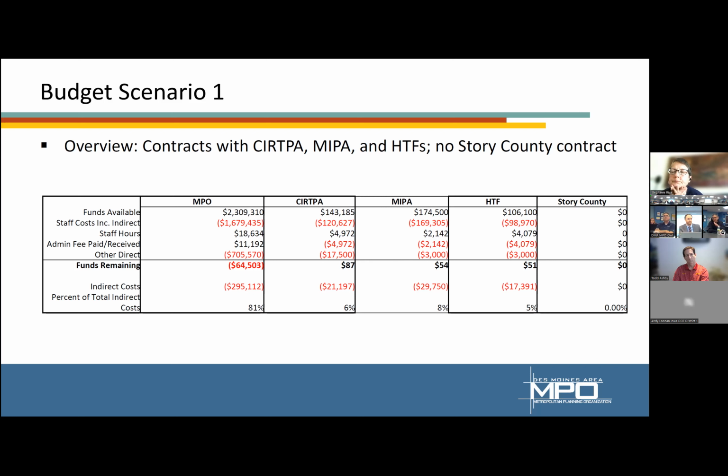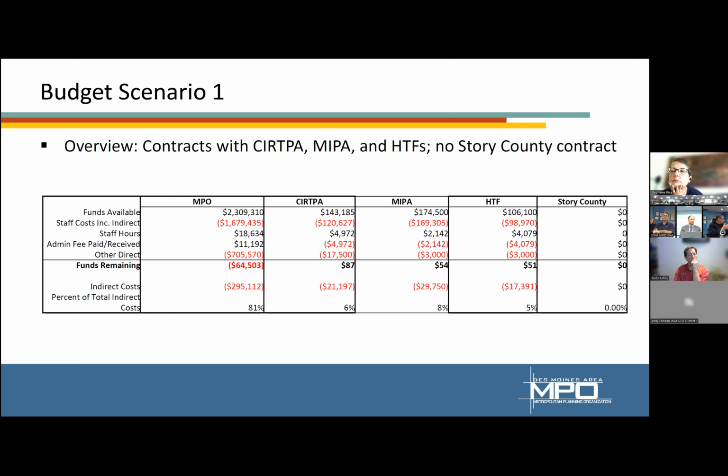With all due respect, you've got to figure out what the MPO hours are first. You cannot back things out and figure it out that way. You need to figure out how much staff time it takes to do the priority of the MPO. Is that 17,000 hours, which is the next slide, or is it 18,634? Because if you're telling me you can do MPO stuff at 17,000 hours, then I expect you to do it at 17,000 hours, not at 18,634 hours. So Dylan, to me, you're just backing things in. You've got to tell me which hours you need to do MPO stuff.